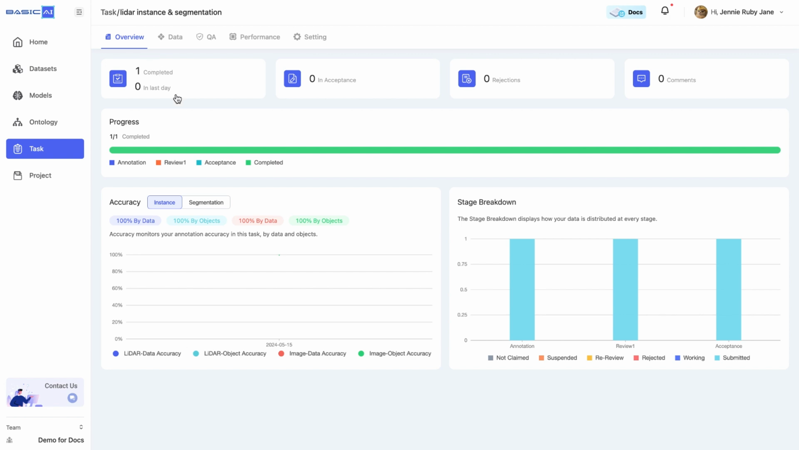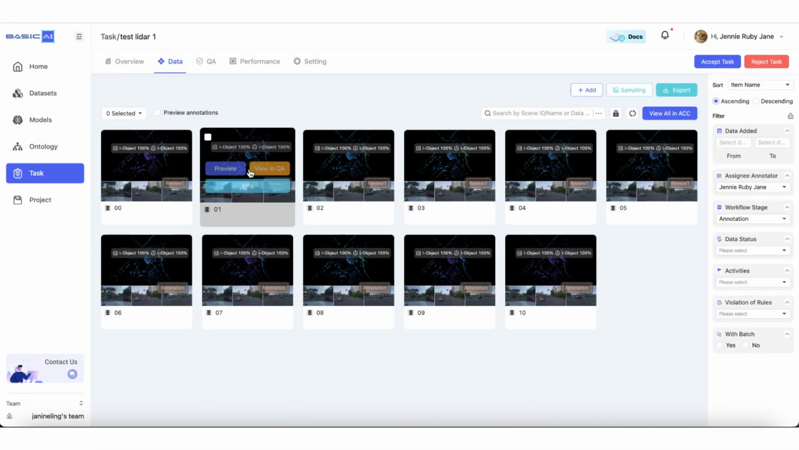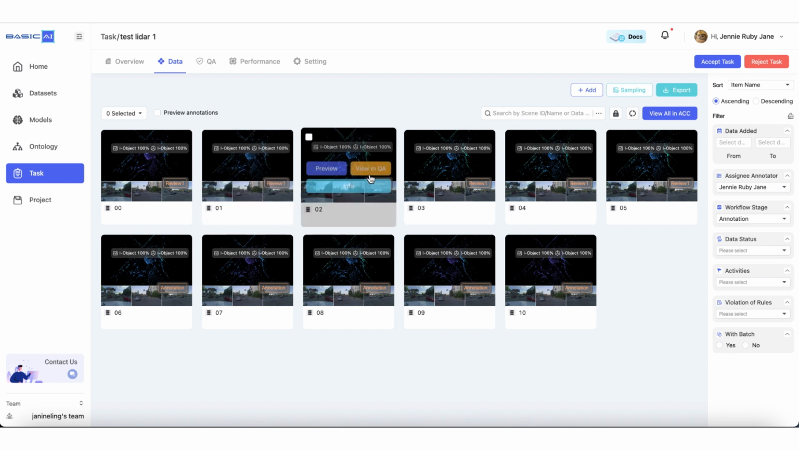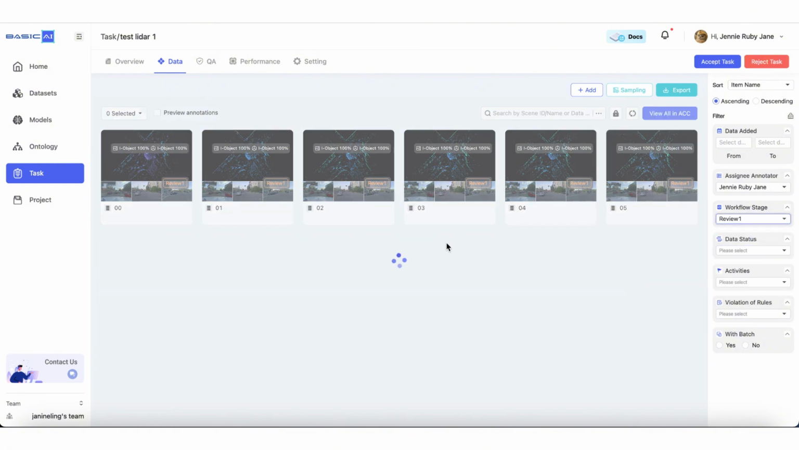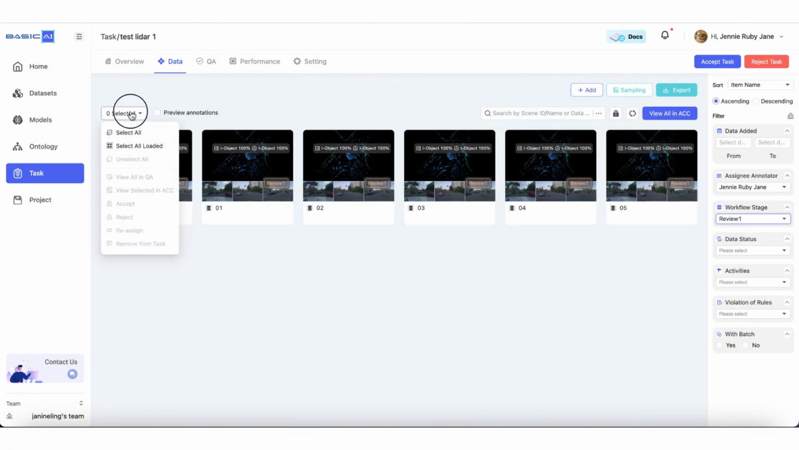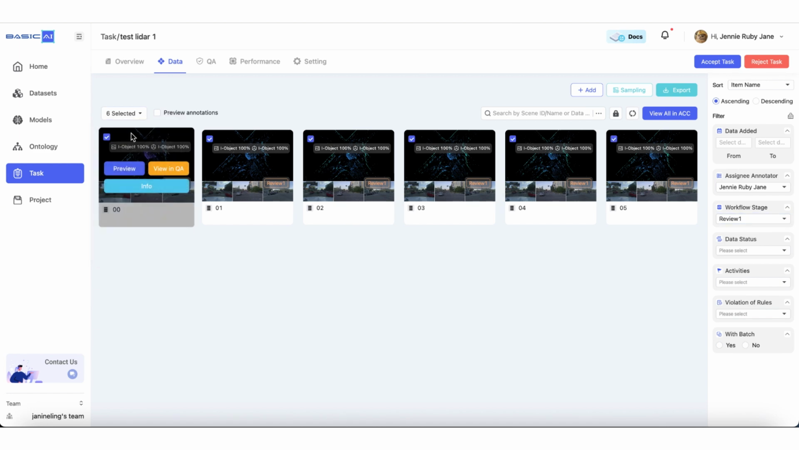Under the Overview tab, there are basic metrics for admins to monitor task status, accuracy to evaluate annotation quality, and stage breakdown details to check data flow. Navigate to the Data tab, and you will find all the data info displayed in the form of data cards. On the Data page, you can drill down to manage each piece of data, use useful attributes on the right Sort and Filter card to filter out problematic data, and then enter the data to add comments or reassign it